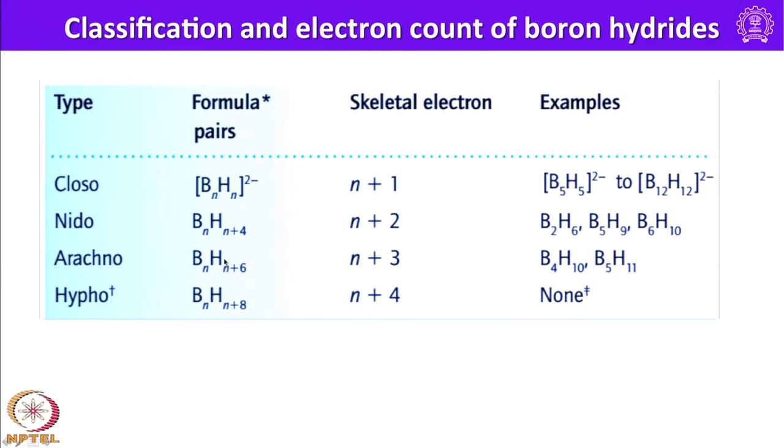Similarly, n minus 2 boron atoms will be arachno, and if we have n minus 3 boron atoms, that is called hypo. So, we do not have any example among boron hydrides for hypo type structures. Okay. So, I was telling about deltahedra. Deltahedral cages with 5 to 12 vertices are the parent cages used in conjunction with Wade's rules to rationalize boron cluster